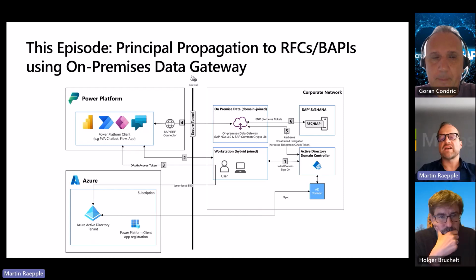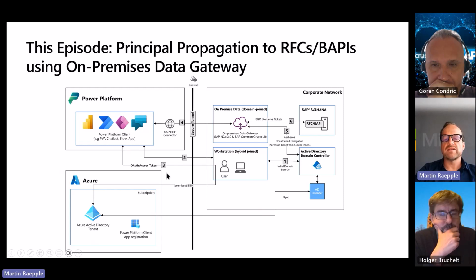This ensures that, for example, a user working from the corporate network on an AD joined workstation can seamlessly single sign on to a Power App, and using the authentication token that the Power App got from the Azure Active Directory tenant, that token essentially is forwarded via the SAP ERP Connector to the on-premises data gateway in this step number